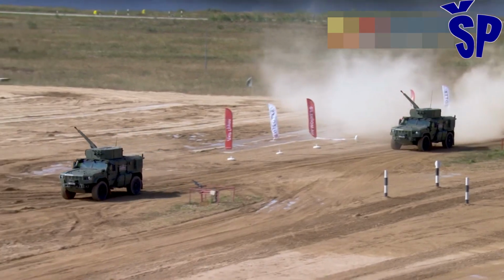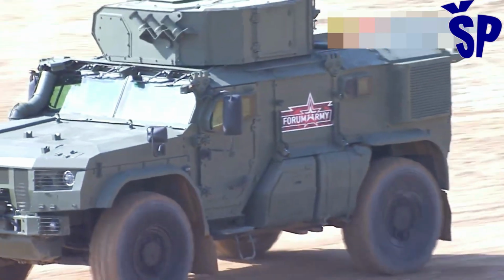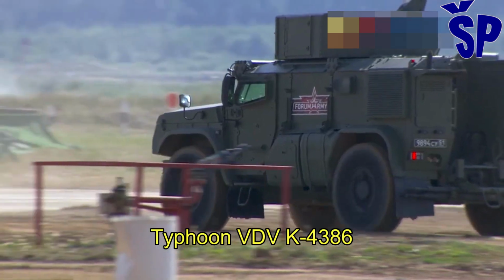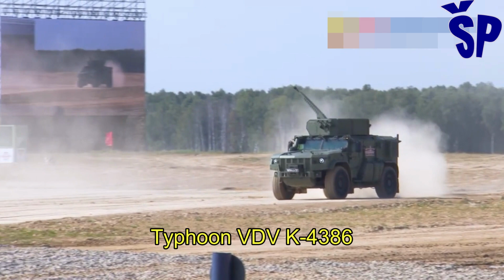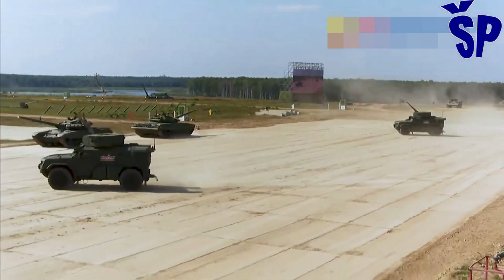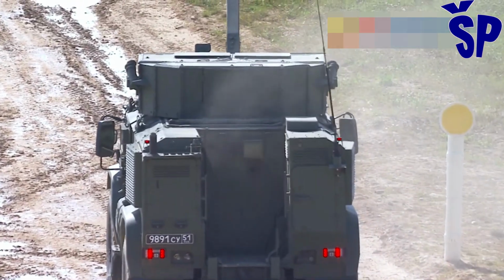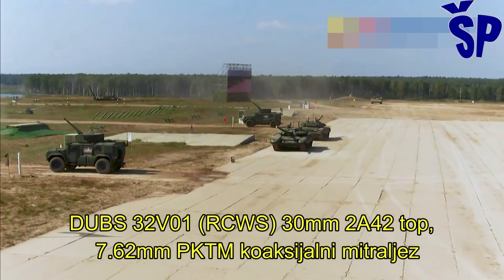In total, there are going to be 10 types of military materiel involved. And the first system that appears is the Typhoon VDV K-4386 Armored Special Purpose Vehicle, where VDV in Typhoon VDV stands for Airborne Troops. The K-4386 4x4 is an MRAP type vehicle that is designed for combat operations of airborne or air assault units in all conditions and environments, and can serve as basis for creating protected air-dropped vehicles for